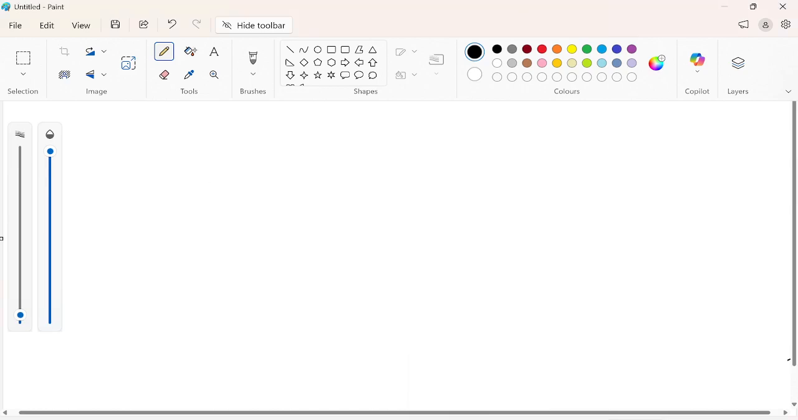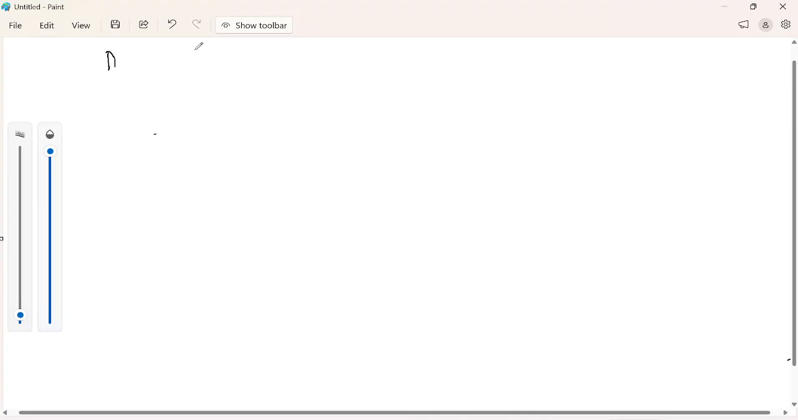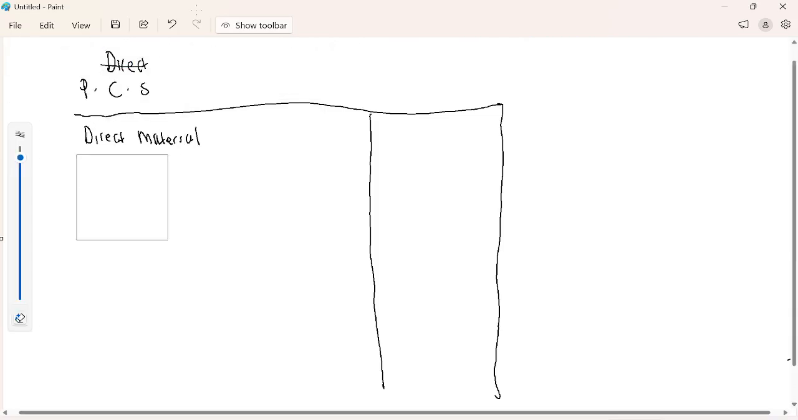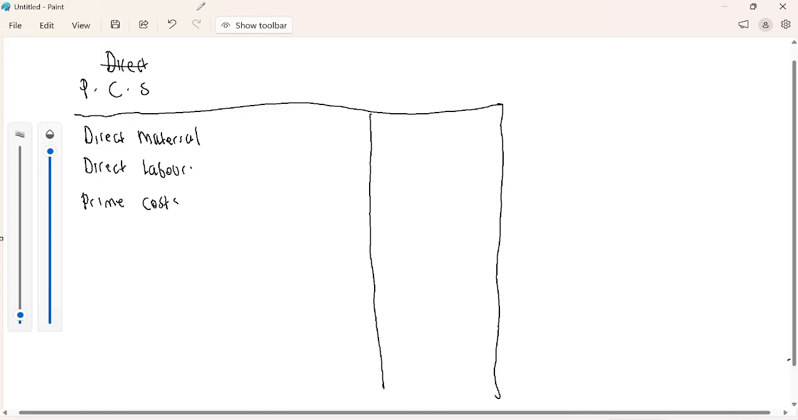Meaning, let's come here. We're going to start with the direct material. Let me do it for grade 12 and grade 11. So I'm going to say production cost statement. Then I'm going to draw something like this. Right? So I'm going to say direct material, direct, let me leave space for calculations, or just do direct labor, and then I'm having prime costs, then I'm having factory overheads,